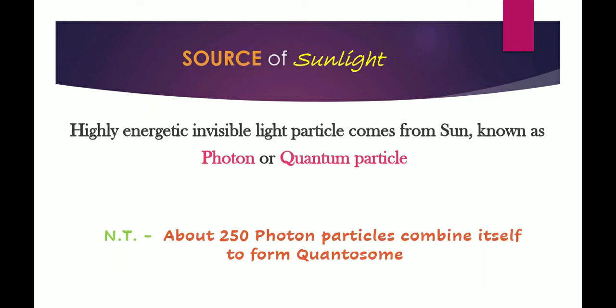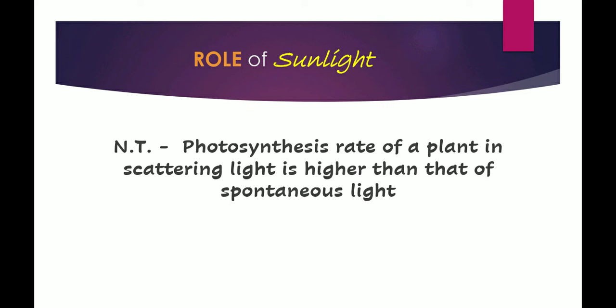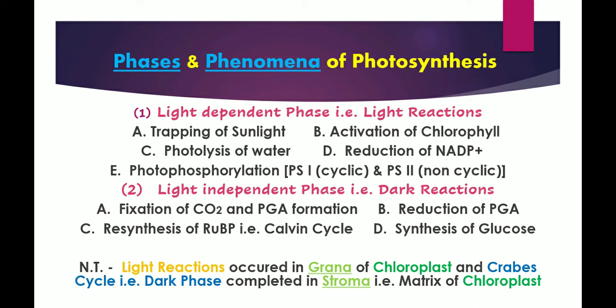As we know, the source of all energy is the sun. Highly energetic invisible light particles come from the sun, known as photon or quantum particles. Note down the point: about 250 photon particles combine to form a quantosome. Mind it, the photosynthesis rate of a plant in scattering light is higher than that in spontaneous light. There are two phases of photosynthesis,